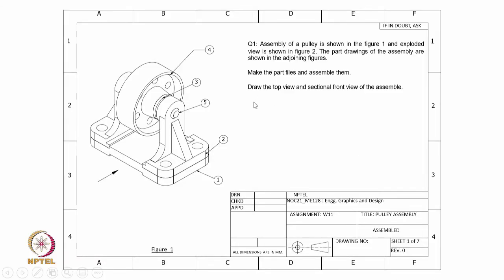Here is an assembly where we have 5 components. One is the base. Part 2 has 2 components, one at the right and one at the left, and part 3 is the collar, again with one at the right and one at the left. It will be much clearer when we show the exploded view in the next slide, but let us now focus on part 3, the 2 collars, one to the right and left. At the center you have part 4, which is a pulley, and the thing which is holding the pulley is the shaft, shown as part 5.